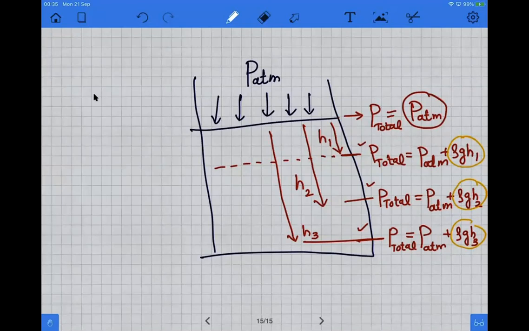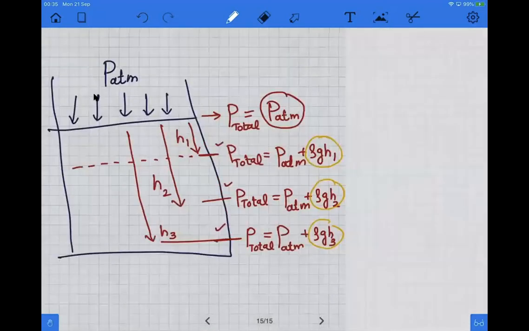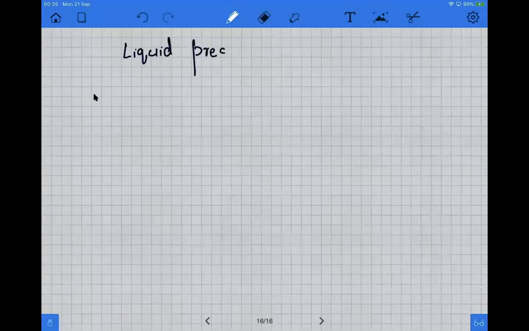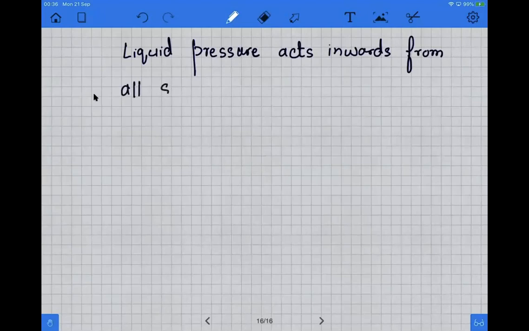If we want to represent the liquid pressure only, the first important thing is that liquid pressure acts inwards from all sides